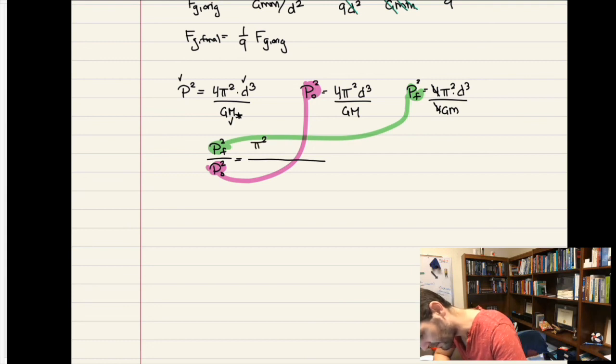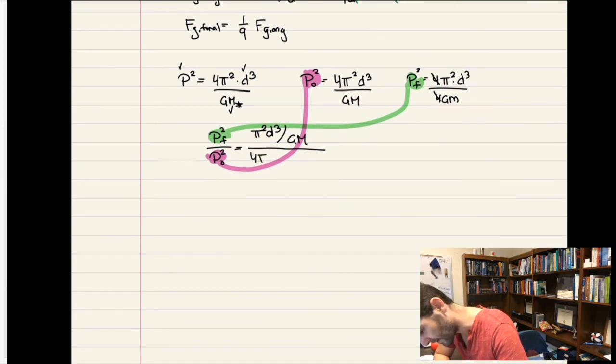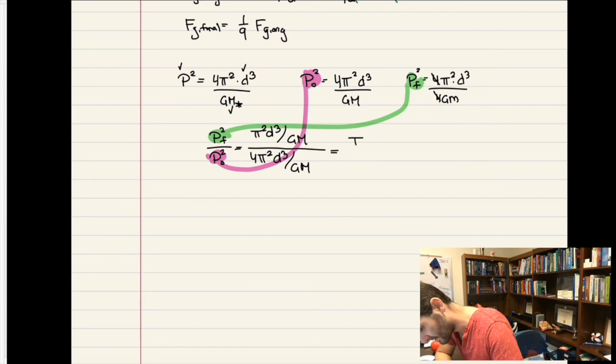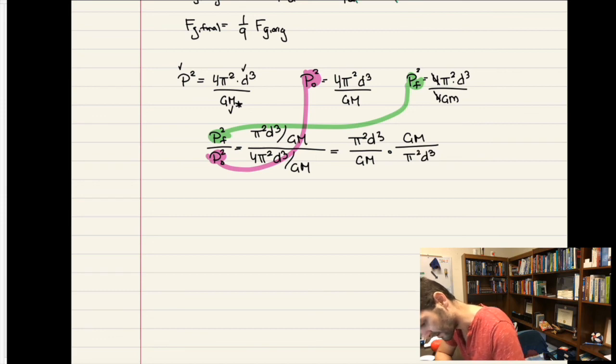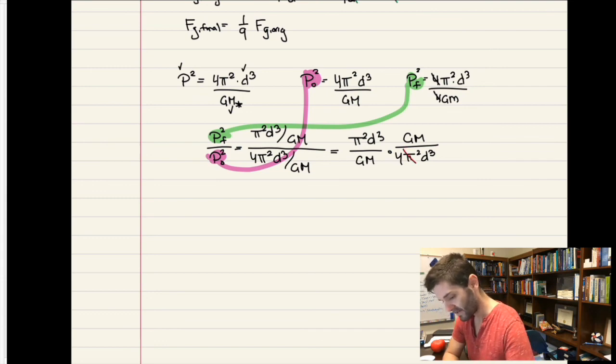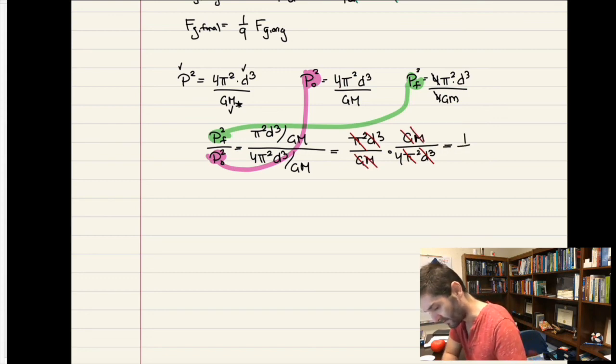So then this is pi squared d cubed divided by GM. And then the original looks like it's 4 pi squared d cubed divided by GM. A fraction of fractions, usually the case with ratios. So pi squared d cubed over GM, and then I flip the bottom one and multiply. So this is GM over pi squared d cubed, and there's a 4 here. And again, behold, pi squared on the top, d cubed, G's, M's, all gone. The only thing that's left is 1/4,